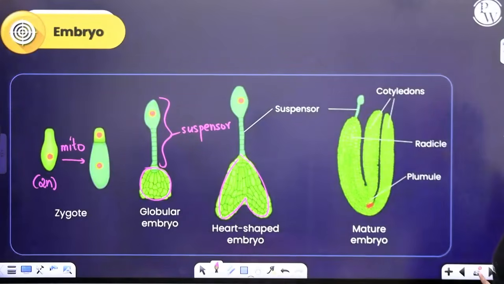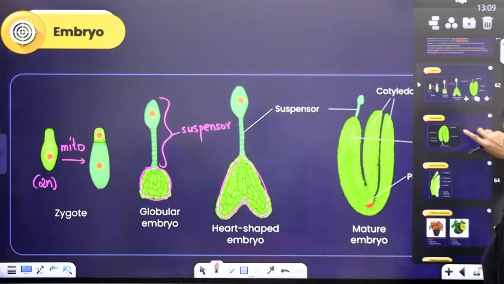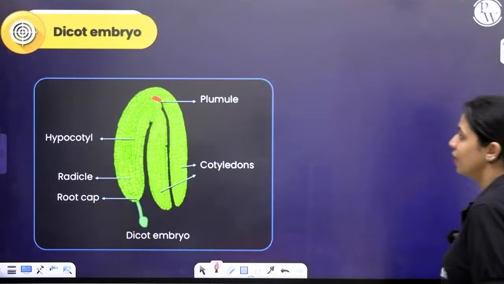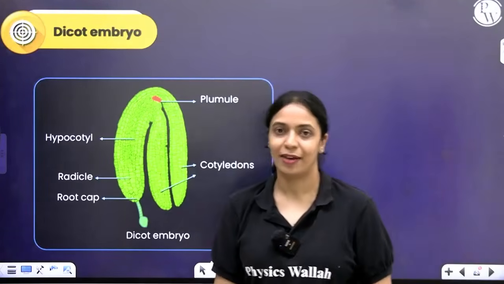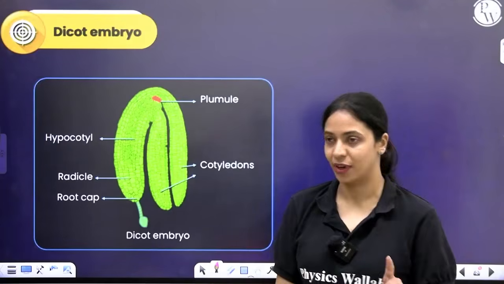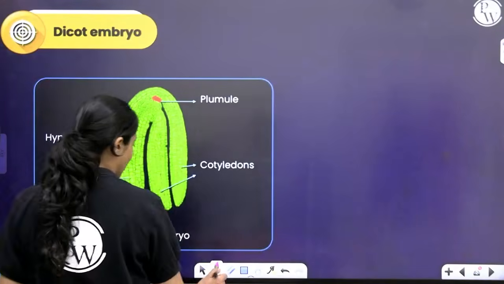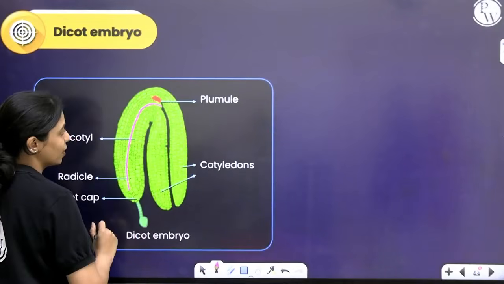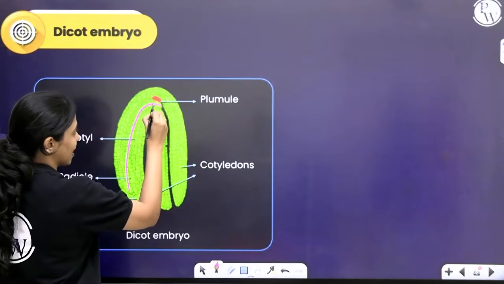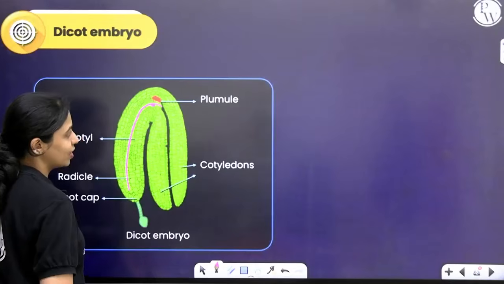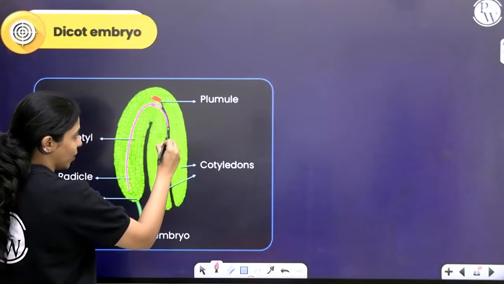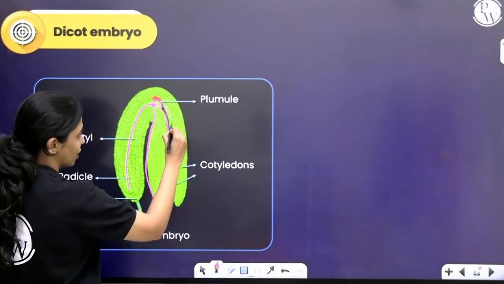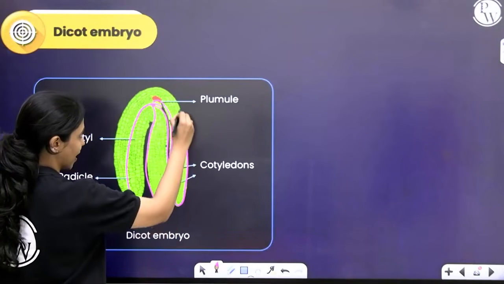All right. Now, let's talk about the structure of a dicot embryo and a monocot embryo. A dicot embryo obviously will have two cotyledons. Monocot embryo will have one cotyledon. In all embryos, you will have an embryonal axis like this. To the embryonal axis at one point, the two cotyledons will be attached. Right now at this point, this is one cotyledon that is attached, and over here the second cotyledon is attached,